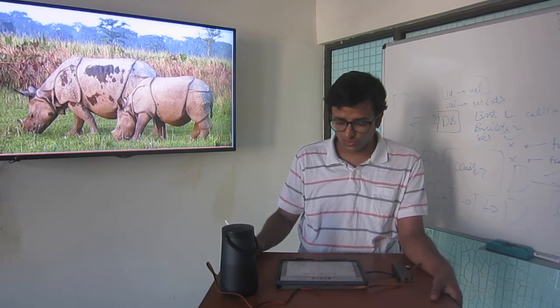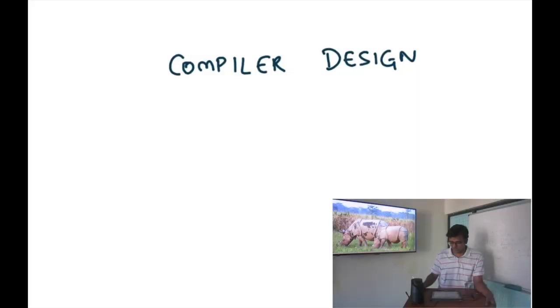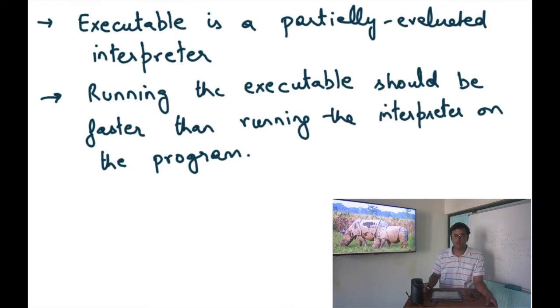Okay, so today we'll talk about compiler design, which is also the name of the course. All right, so in the first lecture we learned that an executable is a partially evaluated interpreter on the program